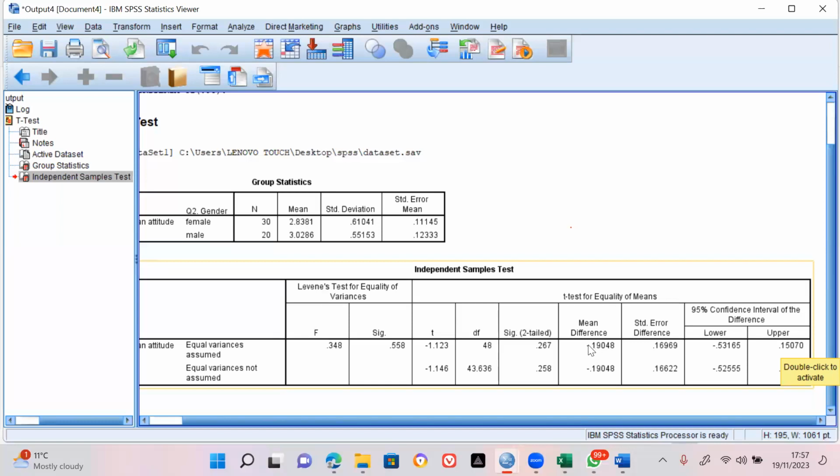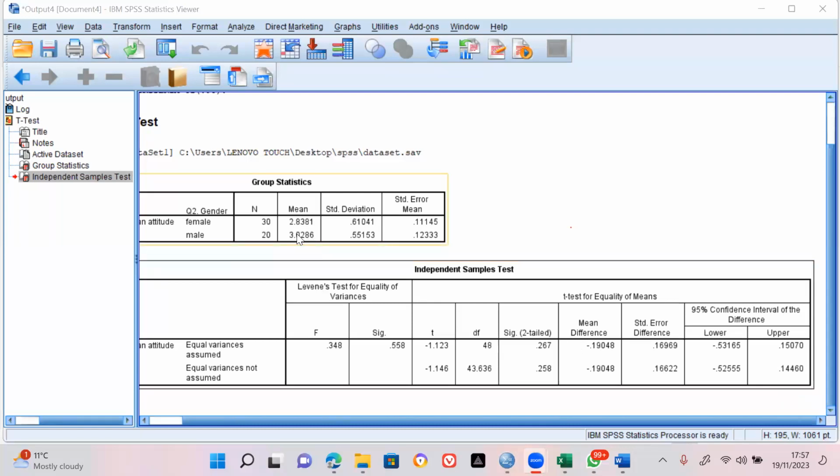So remember that we coded our females as 0 and men as 1, and here we have a minus. How we get this minus is when you do female minus male for the means: 2.8381 minus 3.0286 gives you minus 0.19048. That's how we got the mean difference. So this minus is because the mean attitude for females is actually lower than that of males. Okay, so the rule in interpreting your t-test, number one, is to